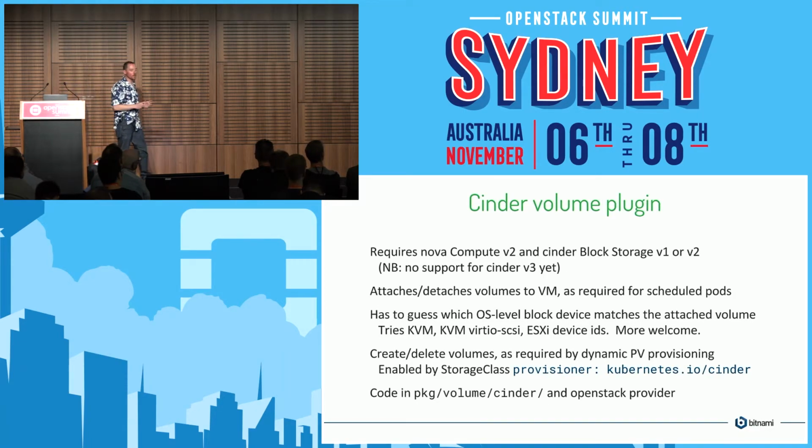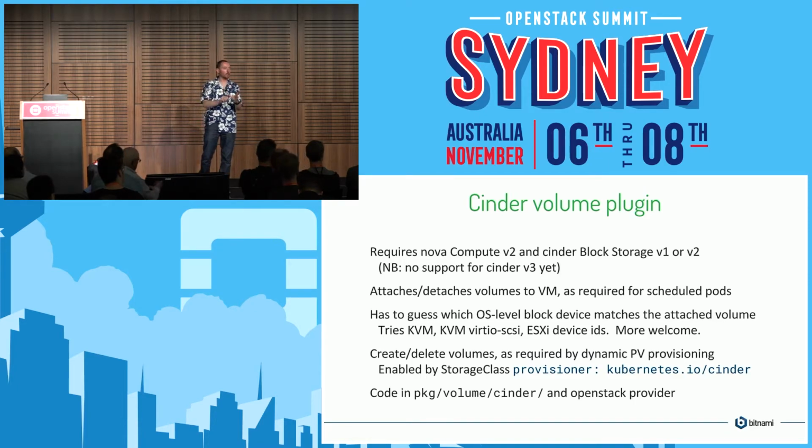All right, now we have 2 bits of code that are not part of the provider plugin. They use the provider to get Keystone credentials, but the code lives elsewhere inside the Kubernetes code base. The first one, which is much larger, is the Cinder volume plugin. So when you mount a persistent volume, you can mount it from just about anything that you can run a mount command for. If you're running on top of OpenStack, you have an extra step. You have to attach the volume to the VM, and then you can mount the device. So this is the code that knows how to do that.